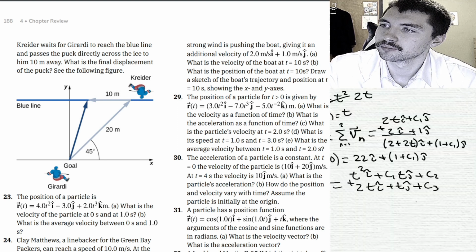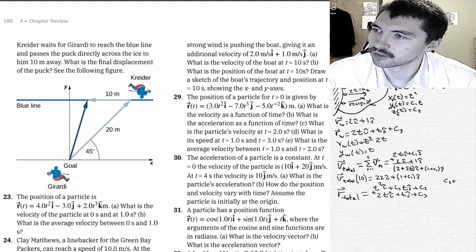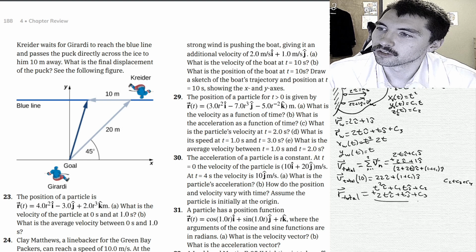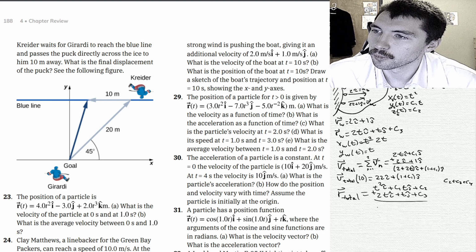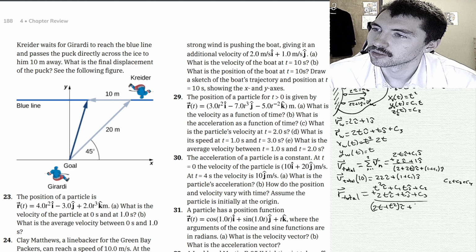Okay. Let's say C2 plus C3 equals C4. Therefore, we will have 2t plus t squared i plus